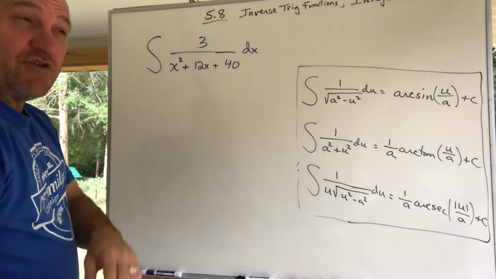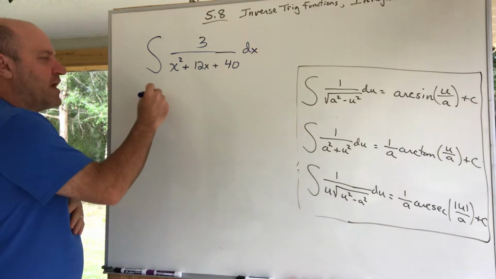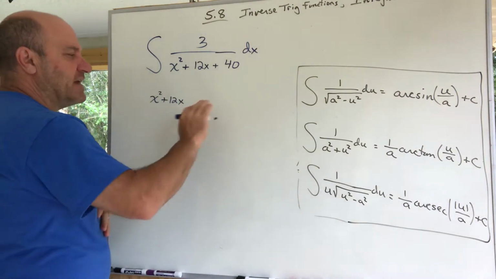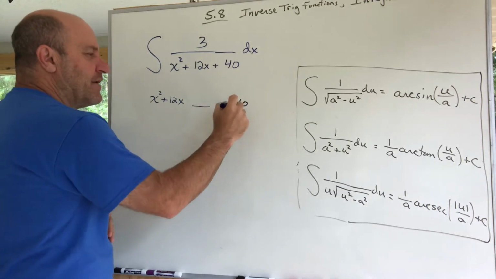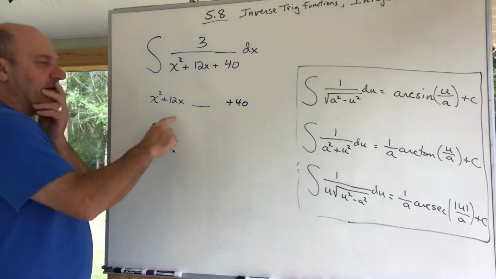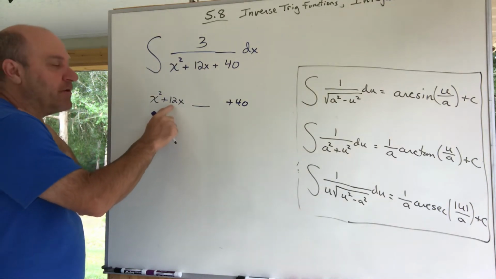So again, I said you could complete the square. I'm going off to my scrap paper here, and the way you complete the square is this. This is an old algebra technique. I shove the 40 out here, and what I do is add the appropriate number here. To make this a perfect square trinomial,